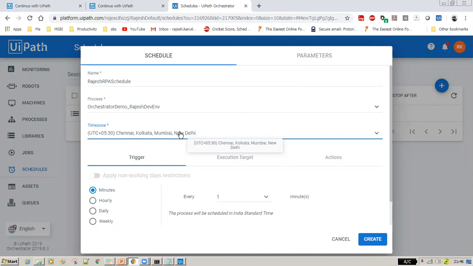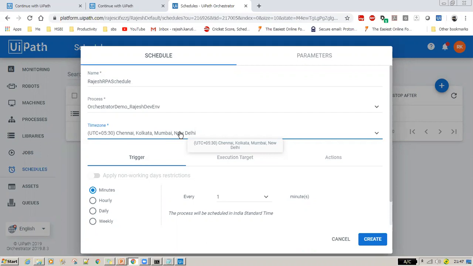Say there are some ad hoc bots. Ad hoc, in the sense that some businesses don't want any schedules. Whenever they get an input, the business will send you an email, or they will create a service request. They will tell you, hey, I need my process to be run on an ad hoc basis, meaning as a one-time requirement. So it's not a schedule. All these schedules are specific to the business, because there are some of my bots which run intraday three times a day, morning, afternoon, and evening.